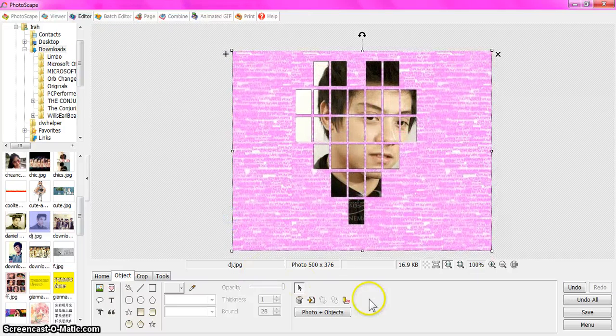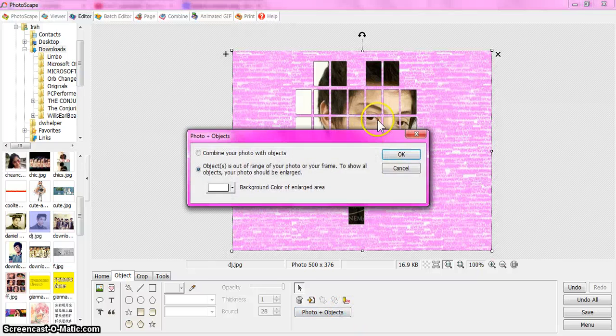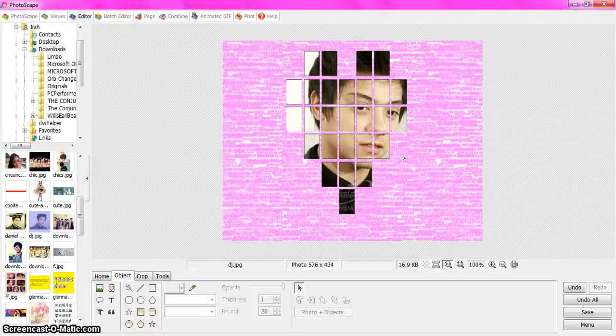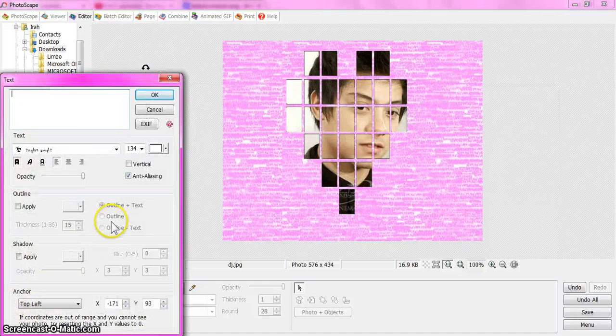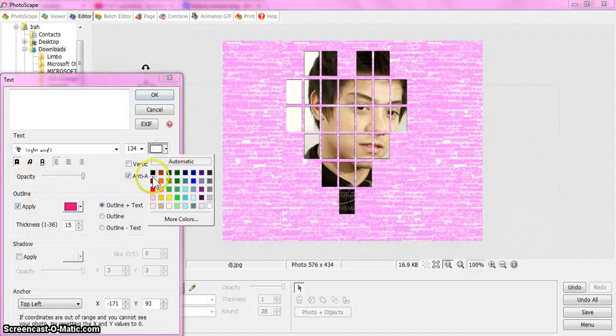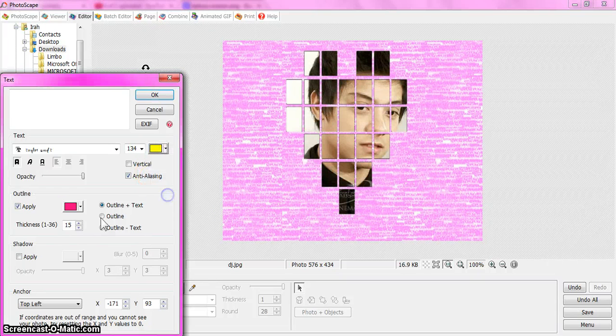So click Photoscape objects and click OK. Then add text. Make the text yellow and the outline black.